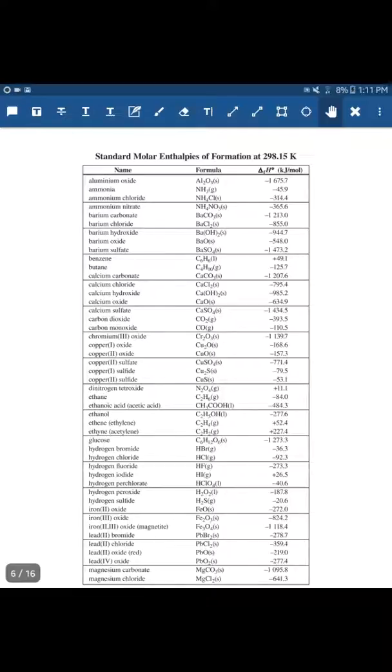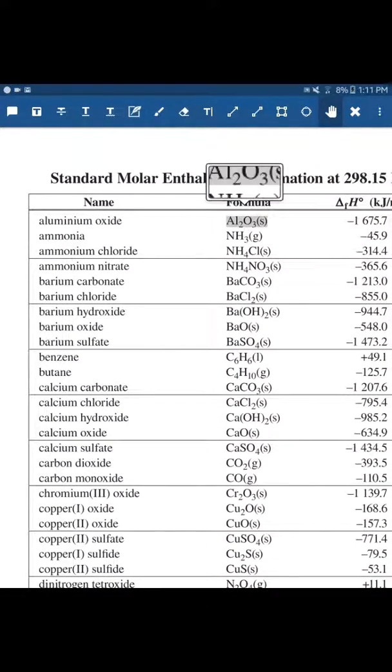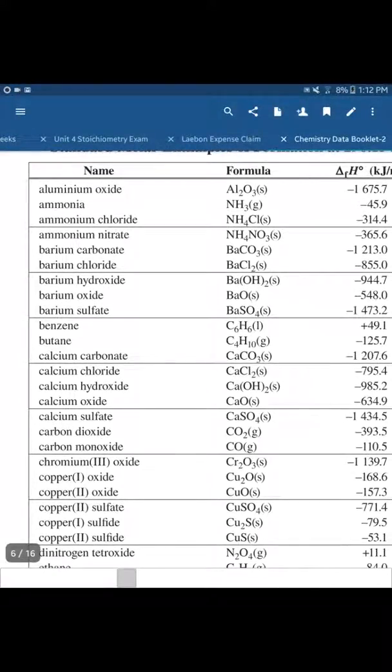All right, so with our molar enthalpies of formation, I do like to add in a couple formulas here. Generally, I will add in my, let's just scroll up a little bit, that Q equals, or my thermal energy is going to equal my potential energy. All right, and I generally say that Q equals mc delta T, or mcΔT, and